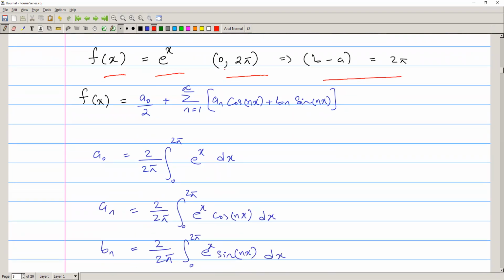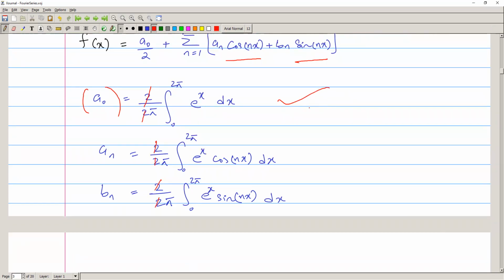So for this function, you can see the interval is 0 to 2 pi. So the period will be b minus a, which is 2 pi. Then again, this will be cos nx and sin nx. Same steps, a naught is equal to 2 over (b minus a). This will cancel, this will cancel, this will cancel, right? So here we will get e to the power x, 1 over pi, from 0 to 2 pi. So you can solve it further. Similarly here, it's 1 over pi. This implies that